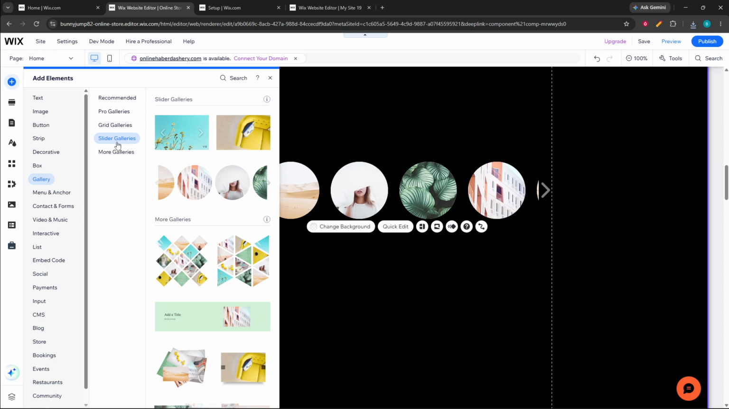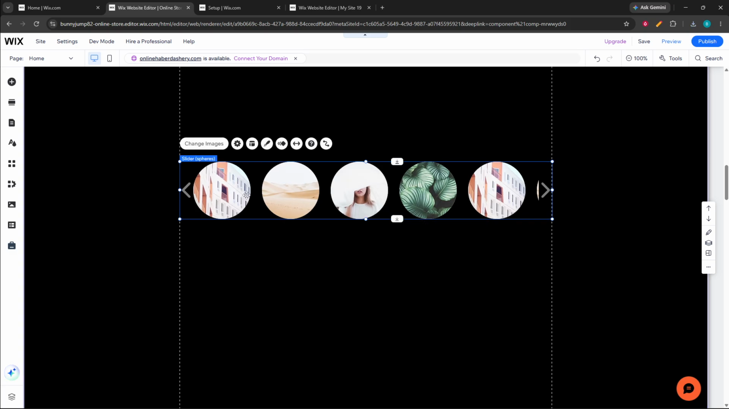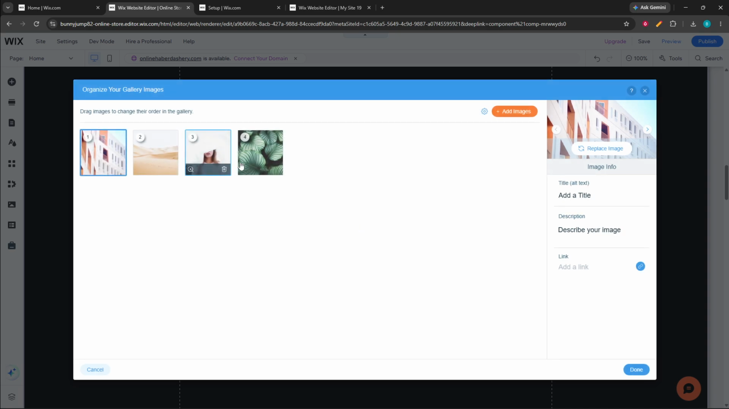Once you find one you like, drag it onto your page and place it in the section where you want the logos to appear. After the gallery is added, click on it to open its editing options. Then click Change Image. This will take you to the Image Manager, where you can control which images appear inside